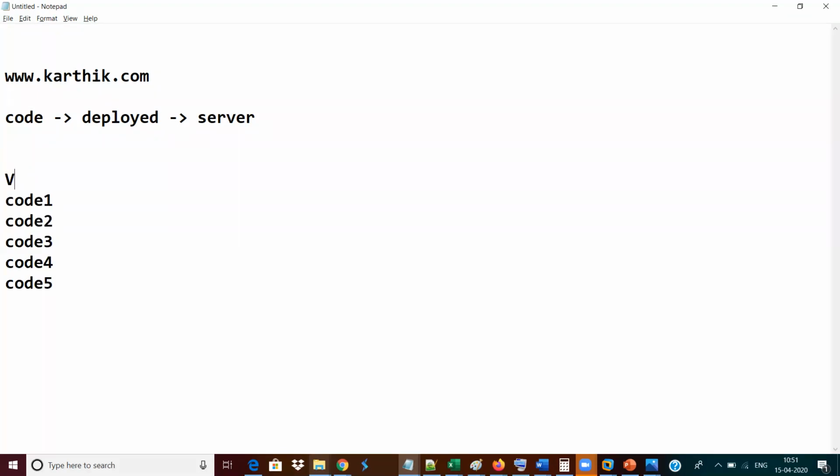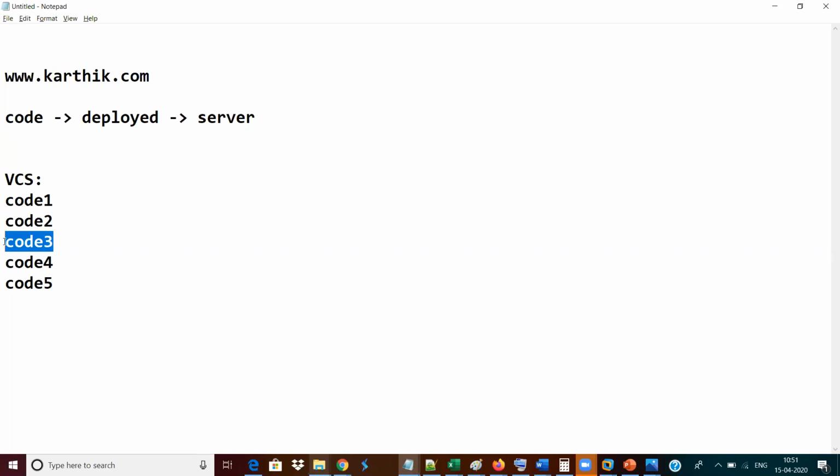That system is called a version controlling system, shortly called VCS. We are going to store and keep this code under VCS, as code with different numbers, so that whenever your client or customer says that we made a change in 2019, and that code version number is code 3, can you get that code and implement it now? Then we can go and pick that code and proceed with the deployment.